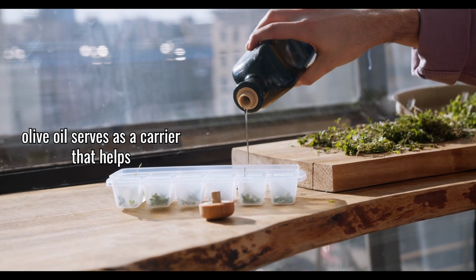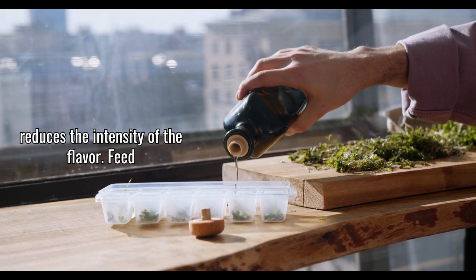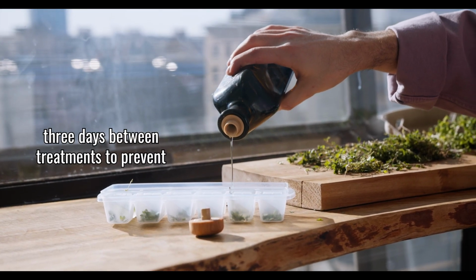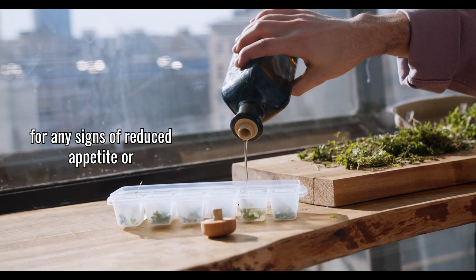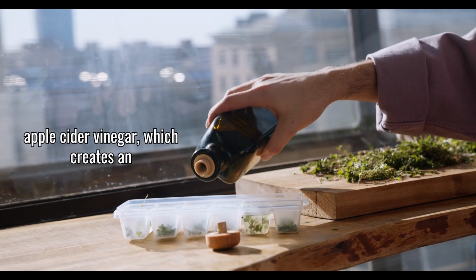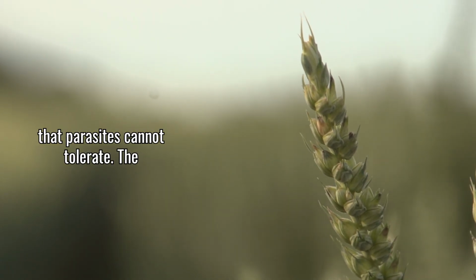The olive oil serves as a carrier that helps distribute the oregano oil evenly and reduces the intensity of the flavor. Feed oregano oil mixture twice weekly during active parasite treatment, with at least 3 days between treatments to prevent digestive upset. Monitor birds carefully for any signs of reduced appetite or digestive problems and reduce frequency if any issues occur. The fifth component is apple cider vinegar, which creates an acidic environment in the digestive tract that parasites cannot